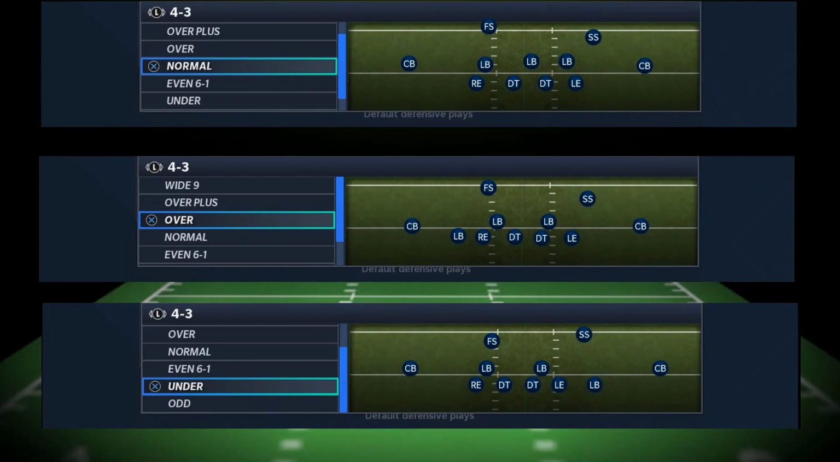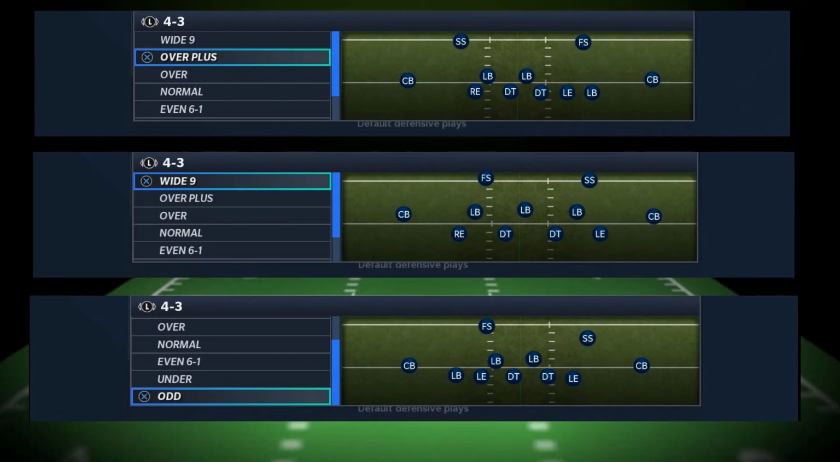All right, let's talk about 4-3 over plus. I think the 4-3 over plus is the best run defense in the game. Best run defense, and the reason for it is because of the stance. All right, so